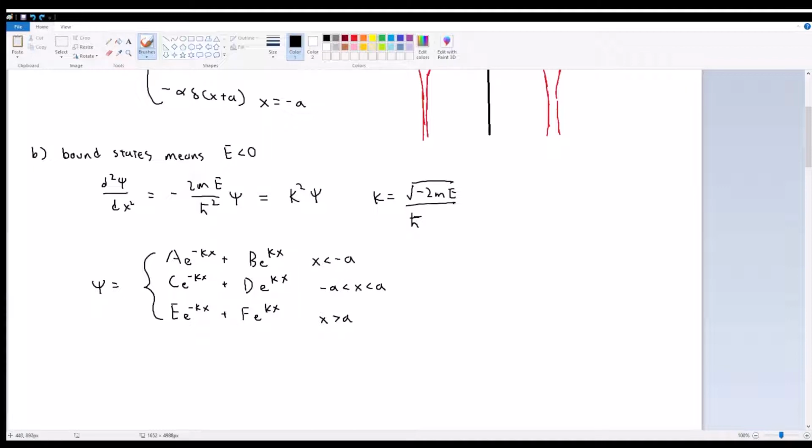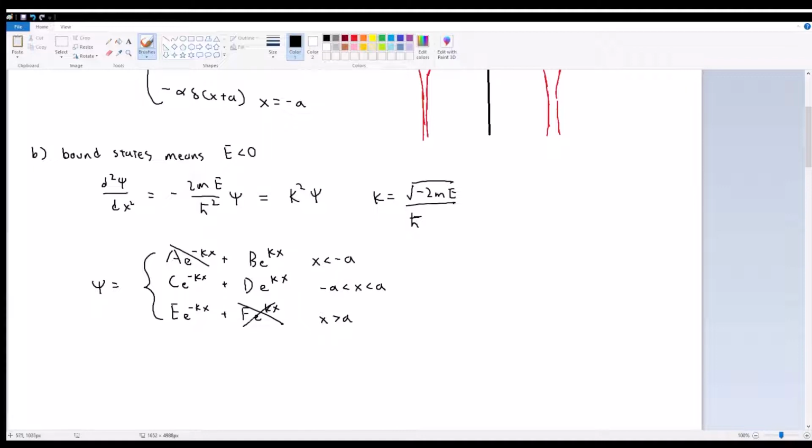So by the requirement that psi can't blow up to infinity, we're going to assume that a is equal to 0 here and cancel this out. This problem doesn't happen between negative a and a because this is a finite region, so neither of these terms blow up to infinity. In the x is greater than a region, similarly, for the same reason,